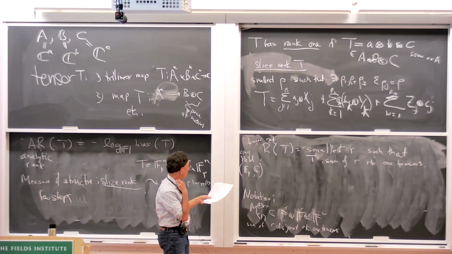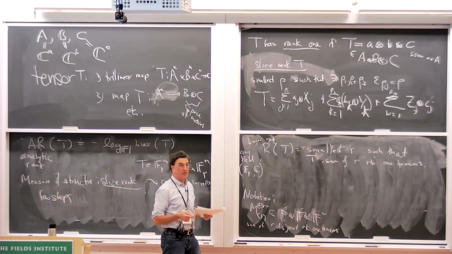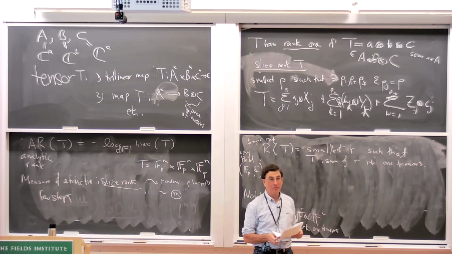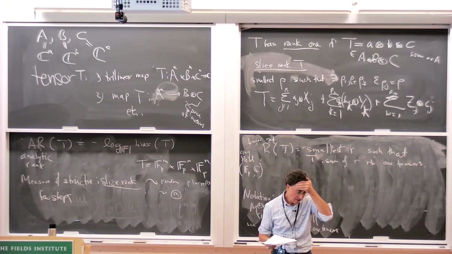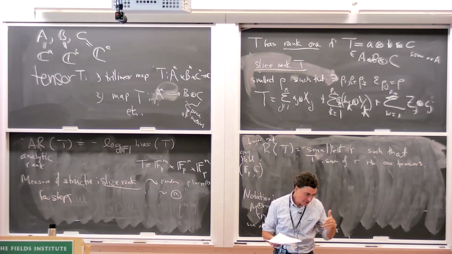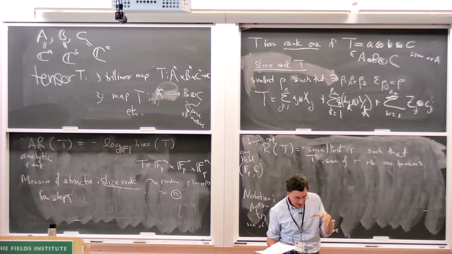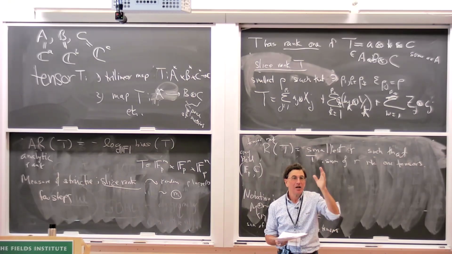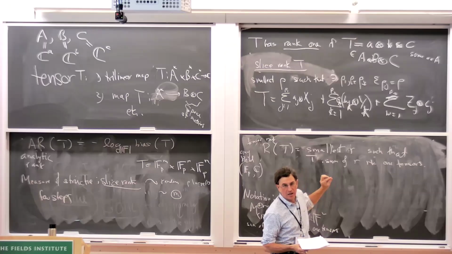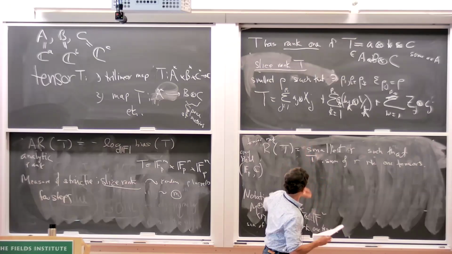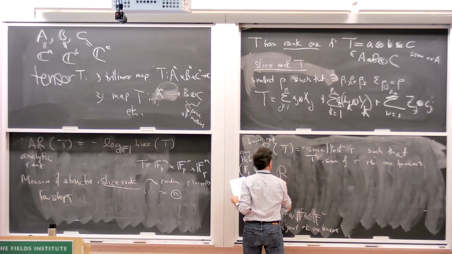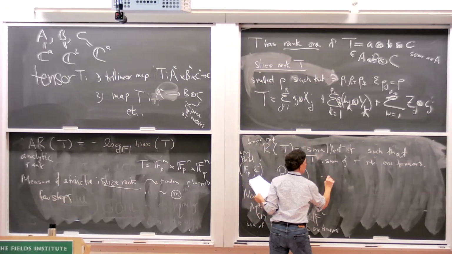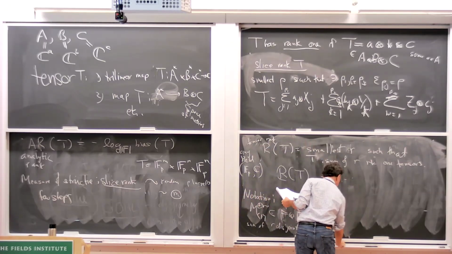Yeah, so there's very few examples. So I hate to do this, but somebody asked me to compute the, well, let me do algebraic geometry. R of T, smallest r such that T is a limit of